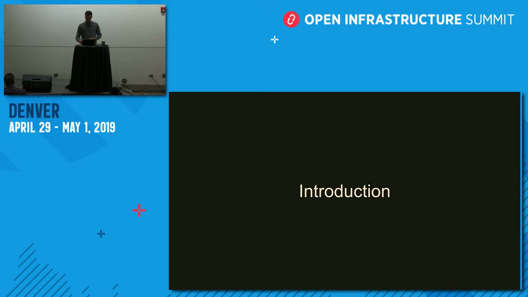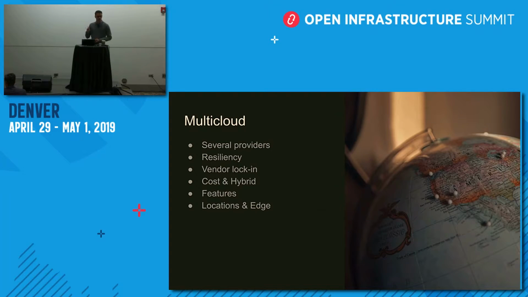I'll jump in with the introduction before going into the technical aspects. So the talk is focused on multi-cloud, but first let me put a bit of context about what I mean with multi-cloud. Maybe different people mean different things, so it's better to talk about it. So multi-cloud, in its most basic principle, is to have different cloud providers or service providers.